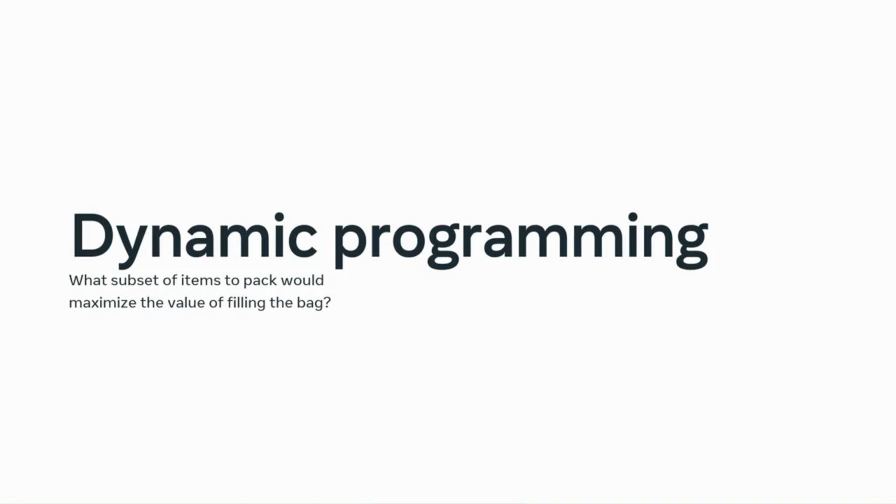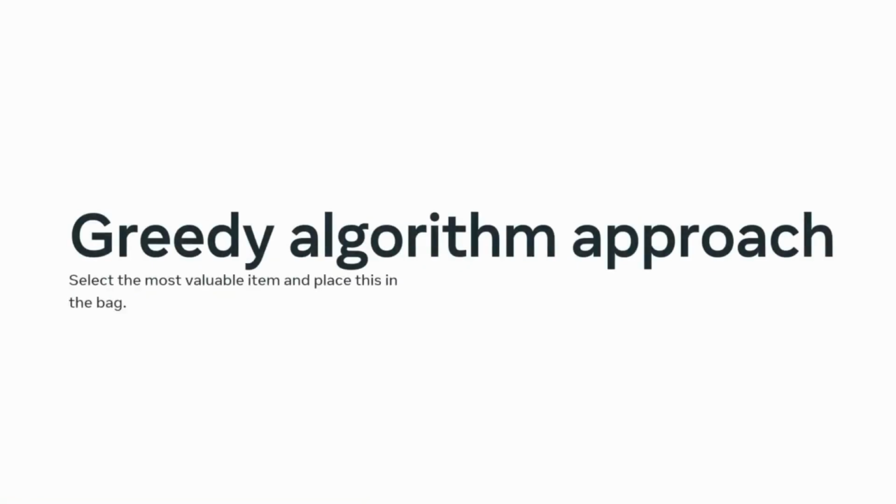With the knapsack analogy, this would involve determining what subset of items to pack that would maximize the value in the process of filling the bag. A greedy algorithm approach to this would be always to select the most valuable item and place this in the bag, giving no thought to what other items this would exclude from the process. Thus, in our CPU example, a greedy approach would involve selecting first the shortest running program and then the next shortest program, and so on. While this might not lead to a globally optimized solution, it will reduce any overhead in calculating the most efficient